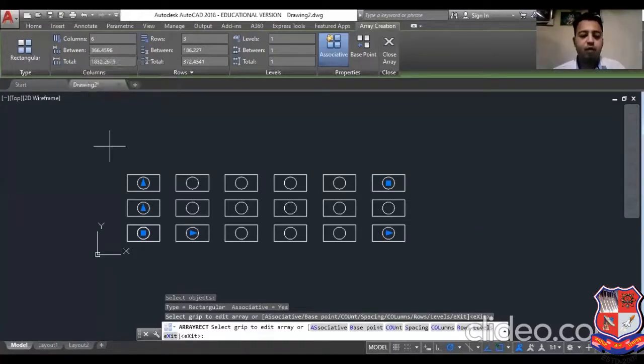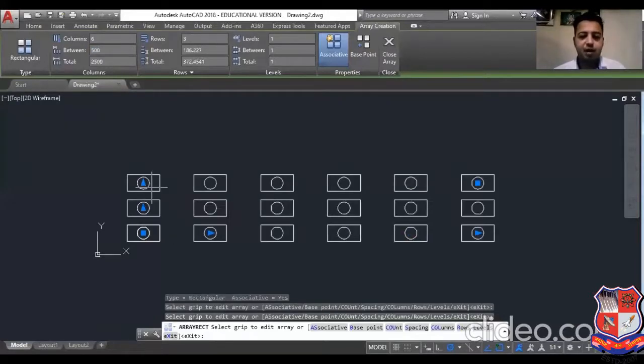If you call for the distance, it does not mean the gap between two columns. It will be from the center point of one column to the center point of the second column. The distance between columns means the center point of the first column to the center point of the next, consecutive column. So here, if I say 500, and press enter, you can see the distance between this center and this center is right now 500 mm.